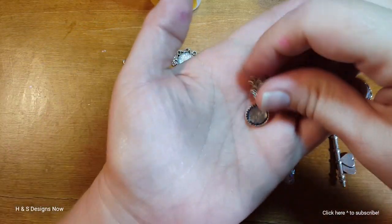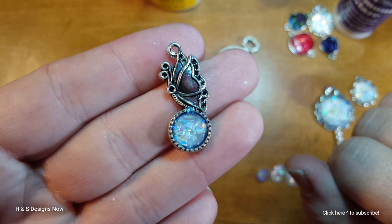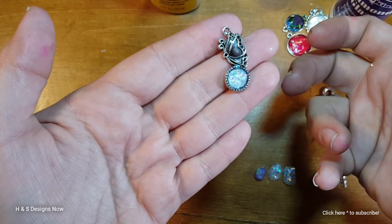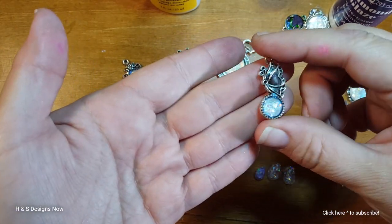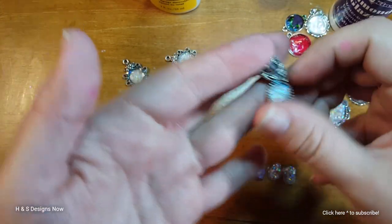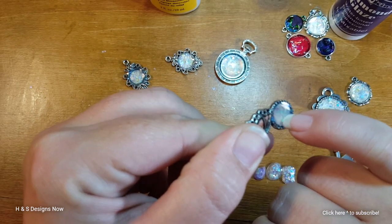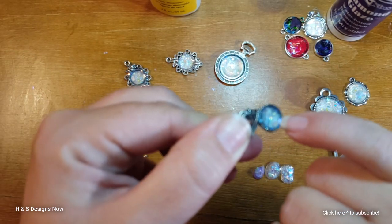The little butterfly with a little itty bitty tiny cap piece. Isn't it pretty? And it's so cute. Ooh. So this could be used as a charm on a bracelet, or just as a little piece for a little necklace or something. I could have added a bit more of the crystal opal, especially on this side, maybe a little bit here,